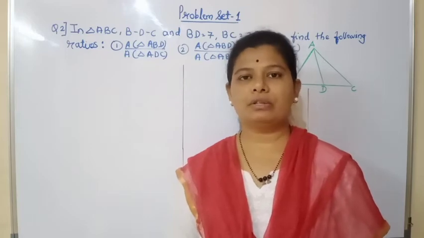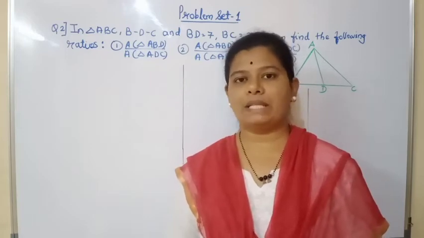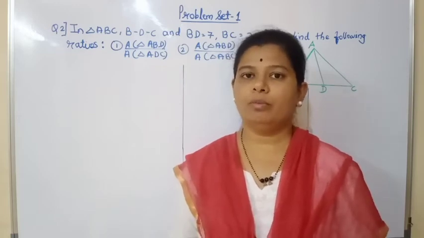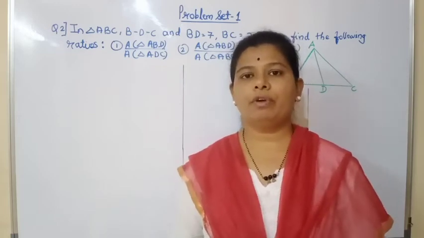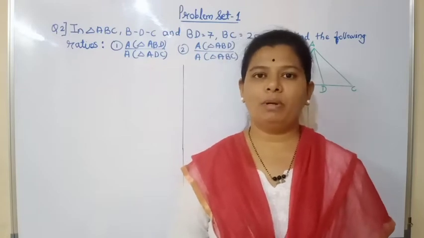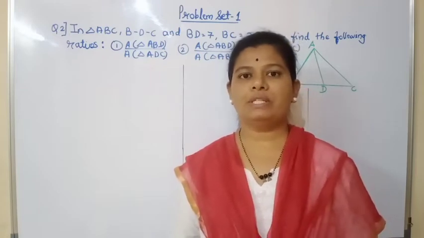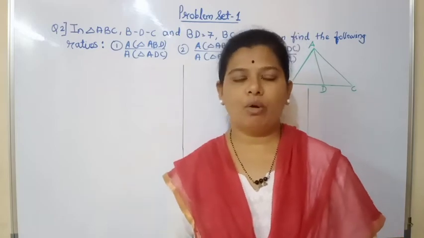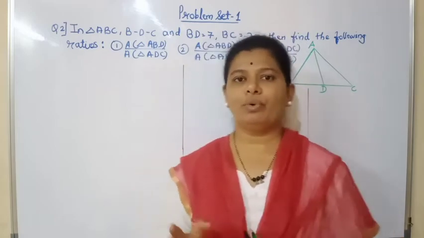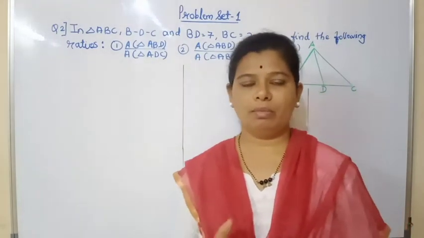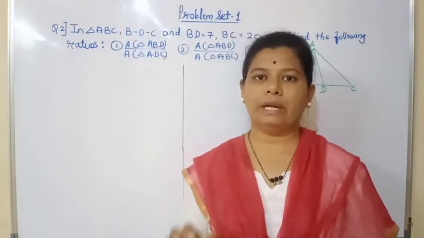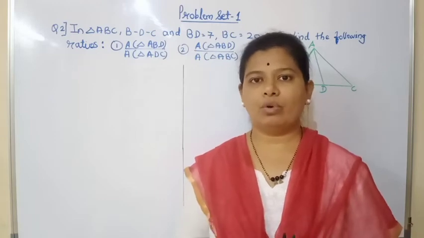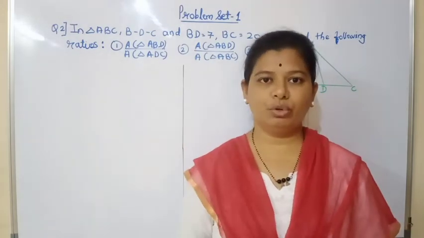As we have finished the first lesson of Maths 1, we have completed all the exercises, and we have also solved the problem set. Now today we are going to see the problem set of Maths 2 first lesson, that is Similarity. So we are going to start with the problem set. As all of you know, in this problem set, question number 1 is of choose the correct alternative, so we are not going to see that question. We'll start from question number 2.